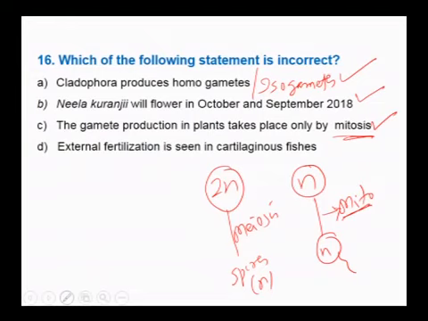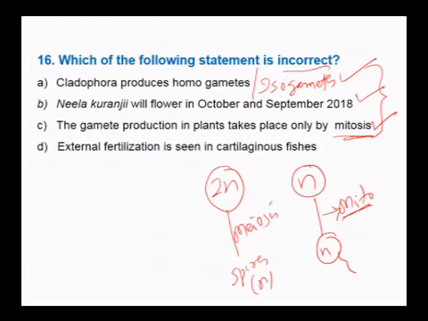But in the case of honeybee, the queen bee is diploid, because in sex determination honeybee is haplodiploid. The queen bee is diploid, therefore it produces gametes by meiosis, but drones, the males, which are haploid, produce gametes by mitosis. So in honeybee we can see gamete production both by mitosis as well as meiosis, but in all plants gamete production takes place by mitosis. Therefore, all these three statements are correct. But the question says which is the incorrect statement.